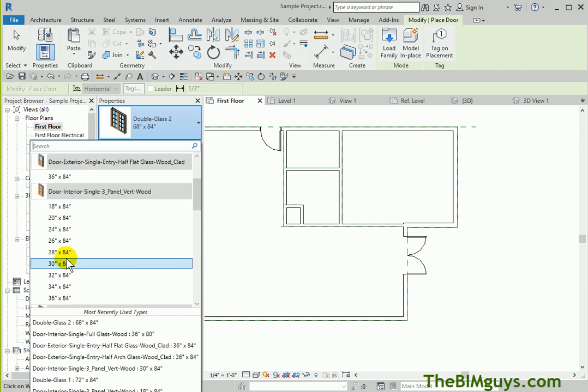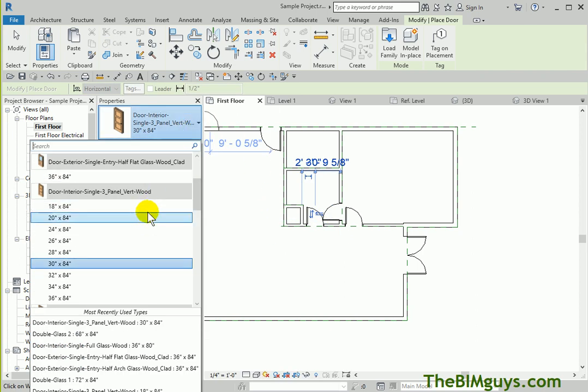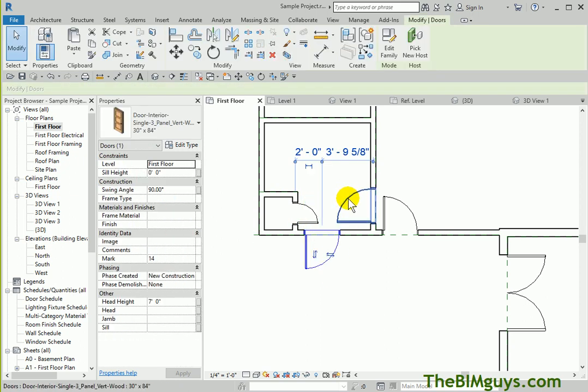So the interior, I'll say let's use a 30-inch door. Maybe go into the bedroom here. We'll flip that. Maybe we'll bring a 30-inch into the here and then also in here. Now you can change the doors to whatever you want. I'm just putting doors in quickly so they're falling in place. If you don't like the actual swing of the door, there's lots of adjustments we can make. You can see we can flip them like so, just by flipping the door around, adjusting how it looks, or